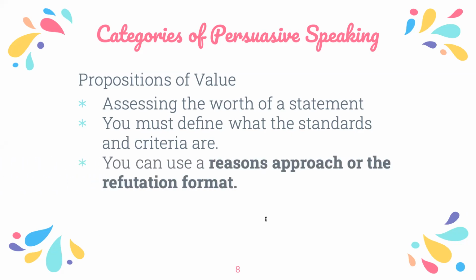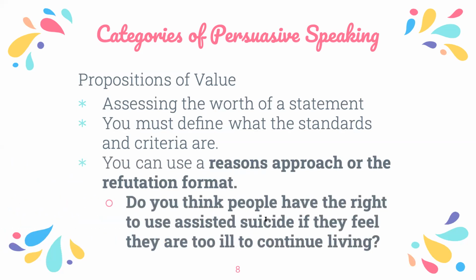So for example, there was a whole argument a few years back about assisted suicide, whether it was something that should be allowed, if people should have the right to do that. So if you were to write a speech about that, or try to persuade someone in regards to this topic, you would have to define what assisted suicide means, what it means to be too ill, what it means to have the right of something. So you will have to define all of these things, right? Before you even dive into the proof and the evidence that you're going to give us, you have to define your claim really well.